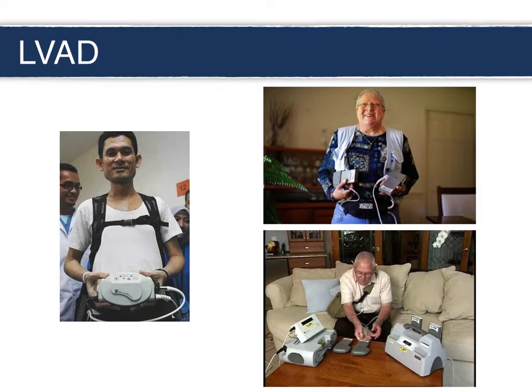Which makes you really think. We've talked about some people not wanting to take Coumadin because they can't leave town for a long time, their diet is restricted, and they can't leave town because they have to get their blood drawn regularly. And then you think about the extent of an LVAD, where you are tethered literally to that base unit or